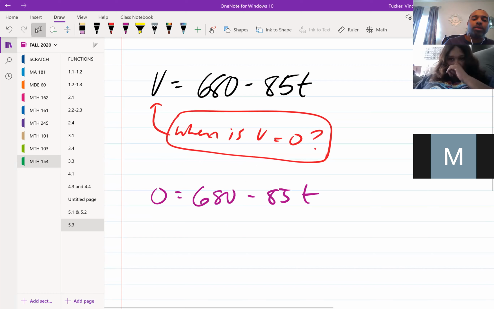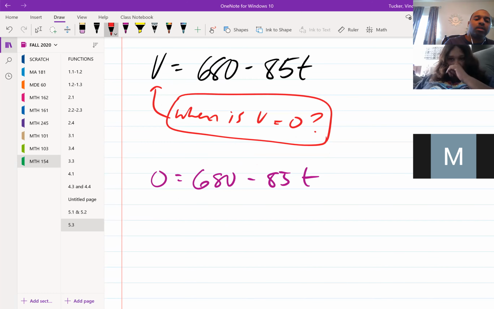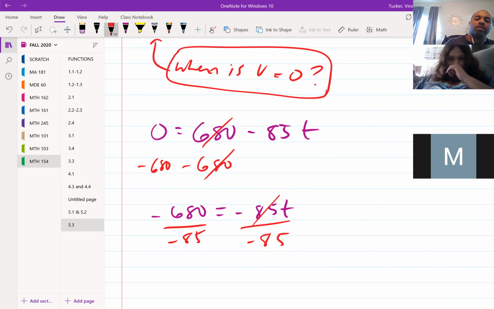All right, so we can subtract 680 from both sides of our equation. That's negative 680 equal to negative 85T. Then divide by negative 85. T is equal to,